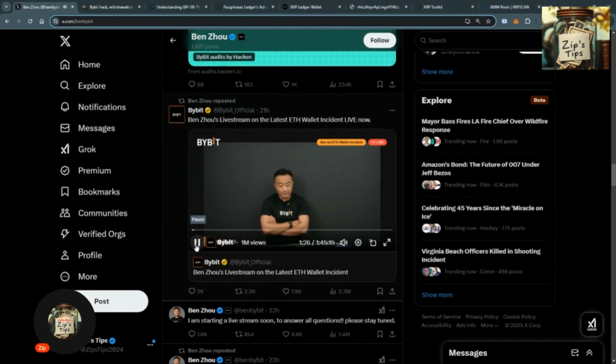So first of all, I want to give everyone the overall what happened. It was about 2 hours ago, UTC plus 8 time, 9:30, around 10 o'clock, which I'm actually in Singapore right now, Singapore time, that we were doing a regular cold wallet transfer to our warm wallet. So we typically do this type of transfer every 3 weeks, 2 to 3 weeks, depends on what is the balance that we have in our hot wallet. Whenever the hot wallet is reaching a benchmark that we believe needs to be topped up, we will deploy the